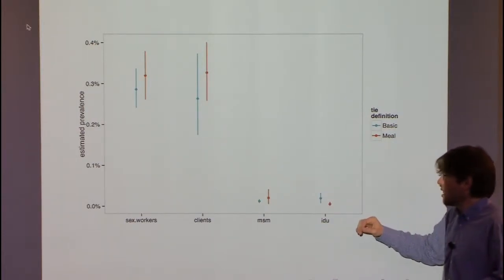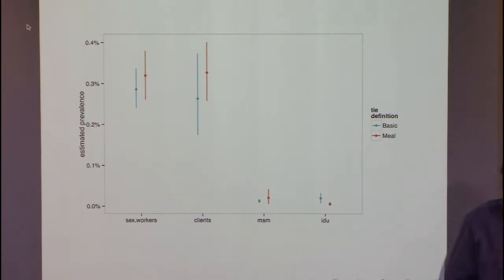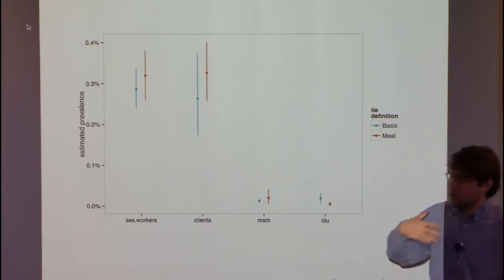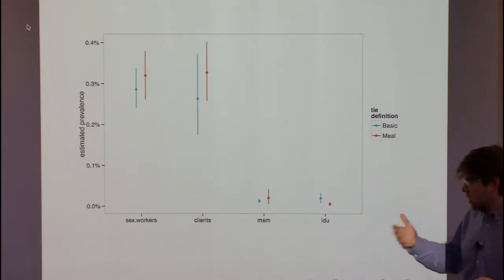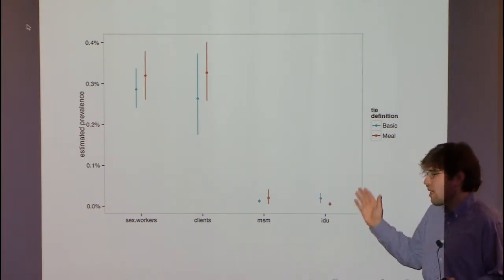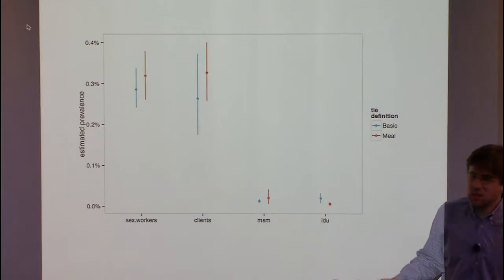So that's good. Men who have sex with men, this is very complicated and confusing. It's very clear that there are very few openly gay people in Rwanda. As far as how many people who identify as heterosexual actually have sex with other men, I don't know, and I don't think anyone really knows.